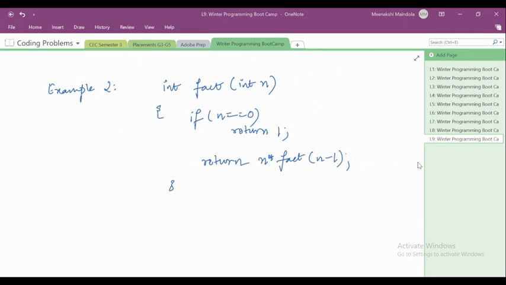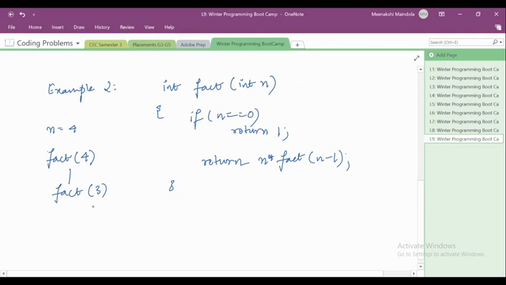Okay, so yes, it is going to be order of n, not order of n factorial. So why is it so? How do you move forward? You say that let us suppose I have the value of n is equal to 4, and I am going to call this function with the value of n is equal to 4. So it is going to, let us say, call fact of 4 first, and then once it goes inside and executes this particular part, it says that the next recursive call that I'm going to make is to fact of 3,